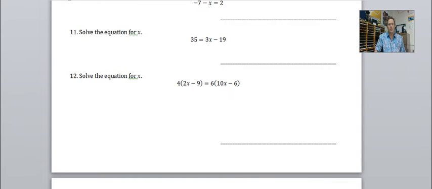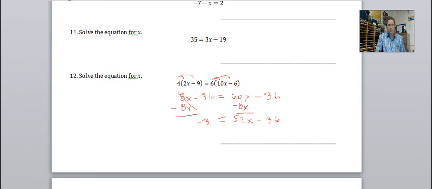And then on this one, before I do anything, I have to distribute. So that's how I get the 8x minus 36 equals 60x minus 36. And again, I didn't want to bring all the x's to one side. I'm going to bring them to the right because I just want to keep my x a positive number. That cancels. I get 52x plus minus 36. Minus 36